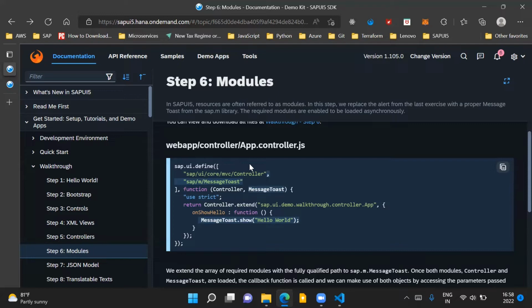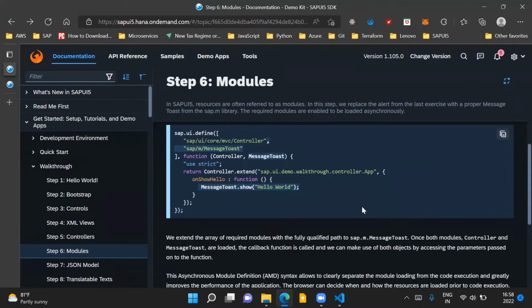In this function, we can provide a name for our module, and then we provide a list of dependencies for our module. In this case, the list of dependencies which need to be loaded for our module are controller and message toast. Here you can see we extend the array of required modules with the fully qualified path to